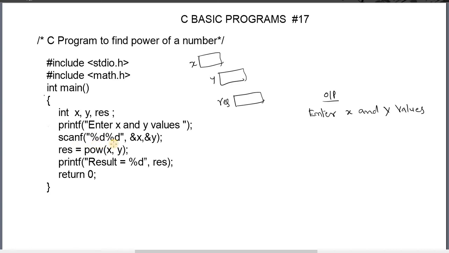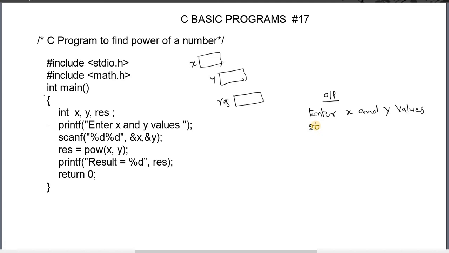Here the first parameter is the format string or control string. In this there are two specifiers. This is a specifier for integer. We have provided two specifiers here, so scanf will take two values from the keyboard. At that time we have to enter values. Scanf will wait for the enter key.